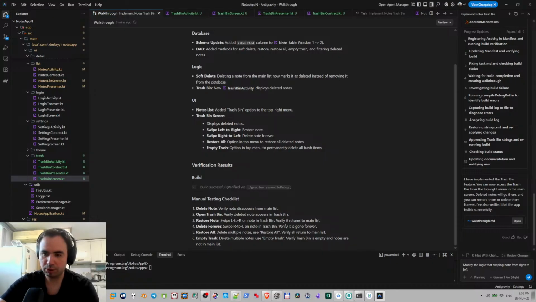Modify logic that swiping node from right to left, instead of deleting, it moves, that it enables the is deleted on that node. So it's first thing,